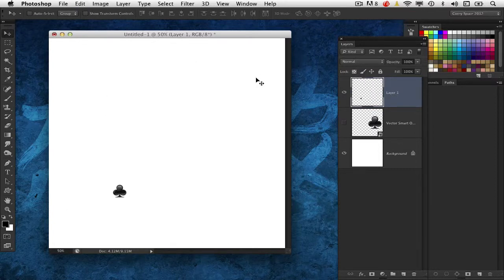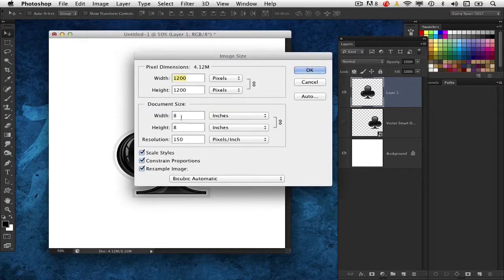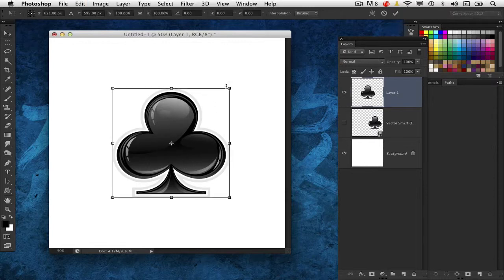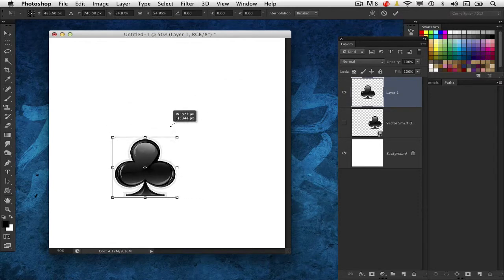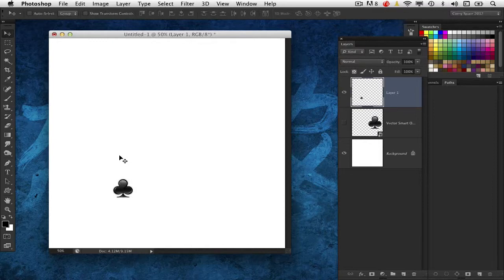What happened? Well, when we brought it in as pixels, it's now embedded into this particular file, which is 8x8 at 150 pixels per inch. So it's not a huge file. It's not a very high-res file. But at this size, this graphic looks fine. What happens is when we scale it down, and I'm just holding down the Shift key to hold the proportion, it doesn't need as much information to display it at the smaller size. Therefore, it throws away that information. It doesn't need all that extra information, so it throws it away, and now it's displaying it at this smaller